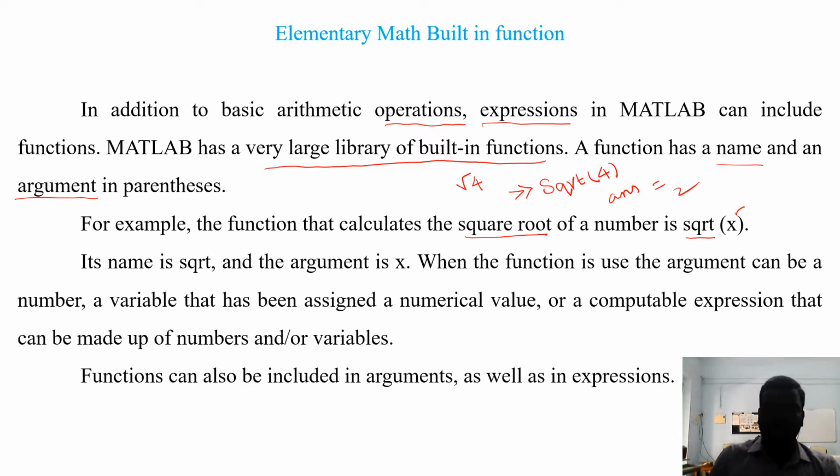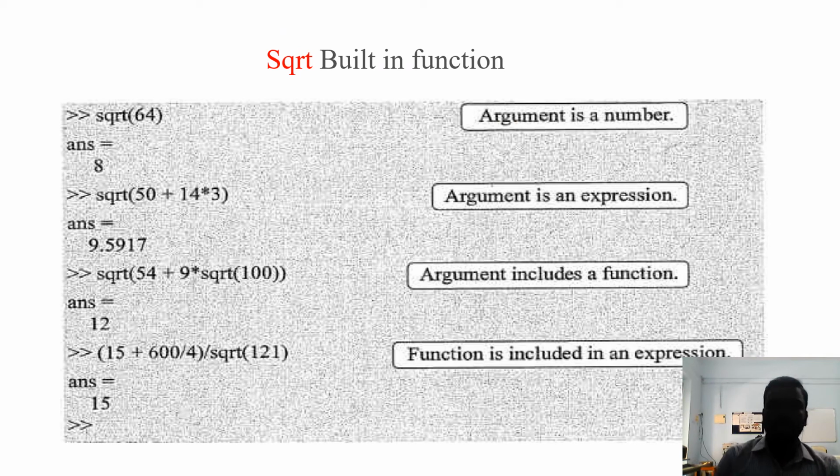Similarly, we can use the argument as a number, or a variable, and a number and variable also possible. So for example, here I take the square root of 64. Therefore I take sqrt of 64. After enter we get the result 8. Here within the argument I use an expression, that is within the bracket I use 50 plus 14 star 3. By precedence of arithmetic operators, the multiplication is evaluated first, then add with 50 and we get the